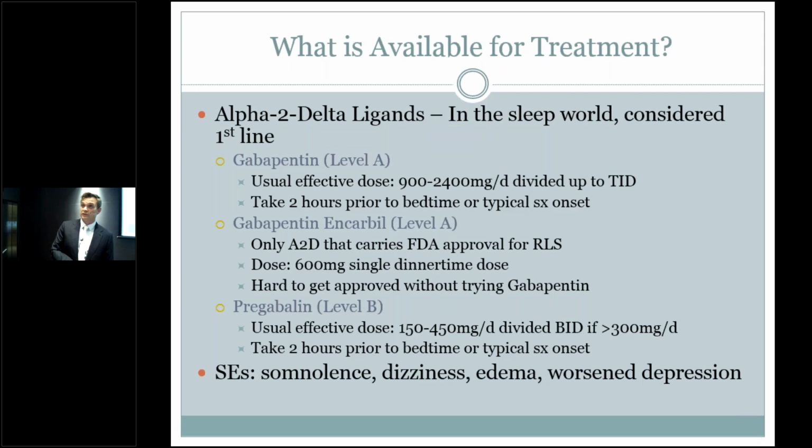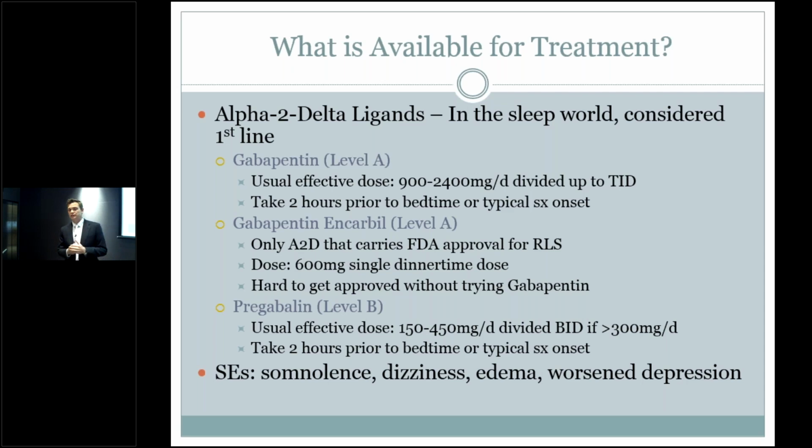So in the sleep world, we've actually changed. The dopamine agonists are not the primary therapy anymore. Alpha-2 delta ligands like gabapentin, long-acting gabapentin or Horizon, and pregabalin are really the best things to start for these patients. In fact, my training, and we'll get to what the information available to providers is versus my training, was that if a person came in and was having problems with their dopamine agonists, you just took them off and put them on an alpha-2 delta ligand.